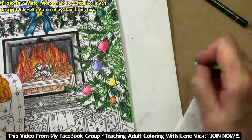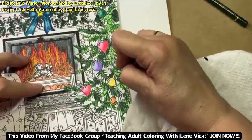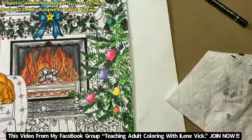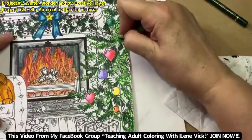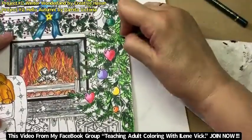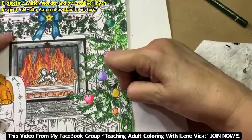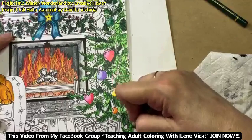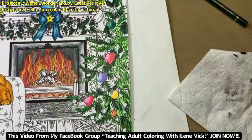One step above a Charlie Brown tree. You're exactly right. Good one, Wanda. I mean, look at that. I'm just coloring where Teresa drew her branches. Jeez. Charlie Brown tree. But that's okay. It is what it is. I don't know. Maybe they got the dogs so many presents that they couldn't afford a really good tree, so...